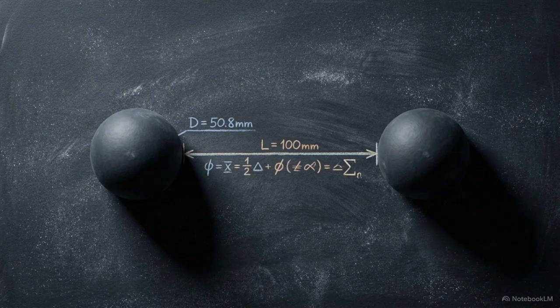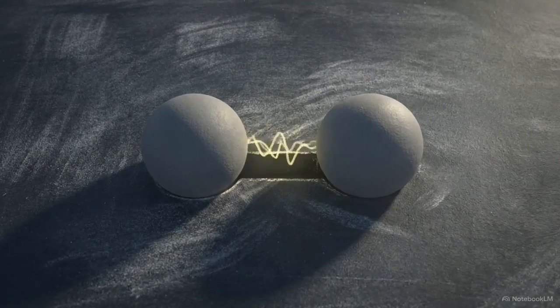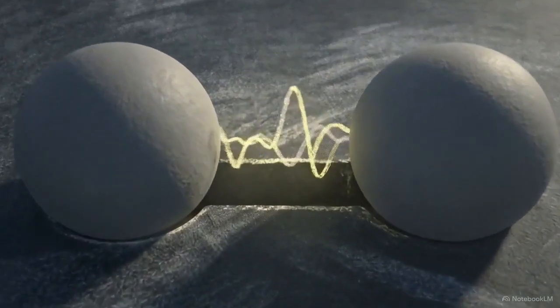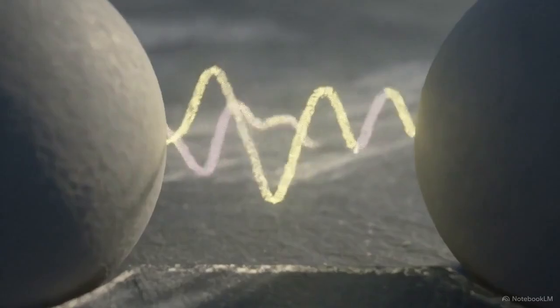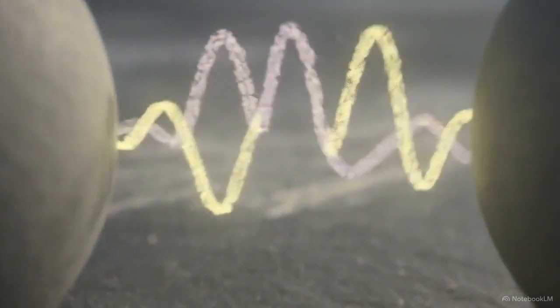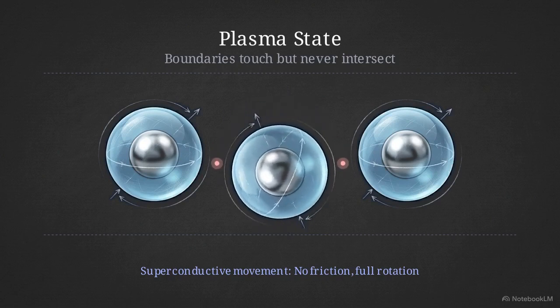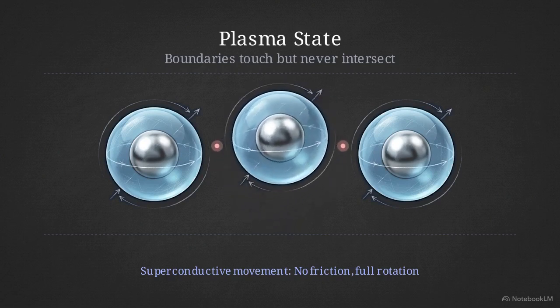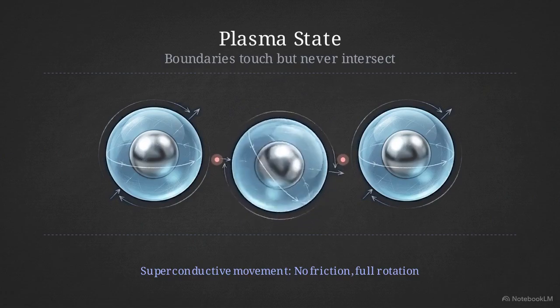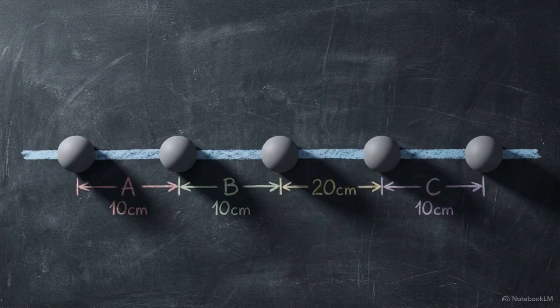The defining structural property of this layer is the uniform 10 to the -9 meter physical gap maintained between the actual core nodes. Within this framework, the theoretical energy of the system is preserved exclusively within these rigidly maintained spatial gaps. At this stage, because their physical boundaries only touch and never intersect, the individual units retain total freedom of rotation and lateral movement. Here, the term nano-layer refers to the geometric alignment itself, rather than a specific physical substance.